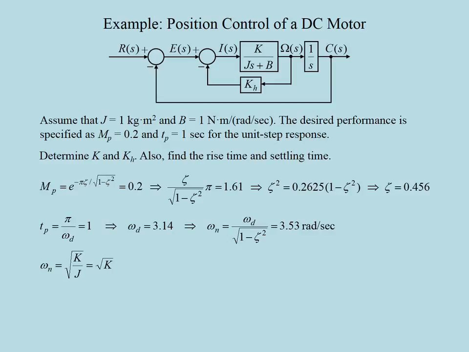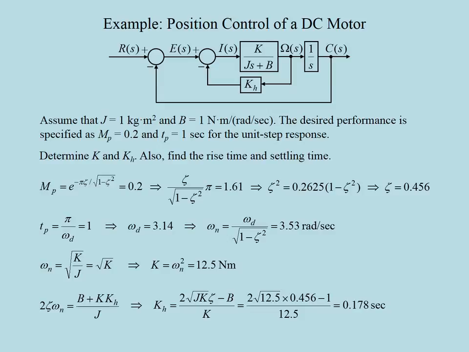Since the natural frequency is equal to the square root of K over J, or simply the square root of K since J is equal to 1, the value of the gain K can be obtained as 12.5. And finally, using all these values for zeta, omega n, B, K, and J, one can solve for the gain K sub h as